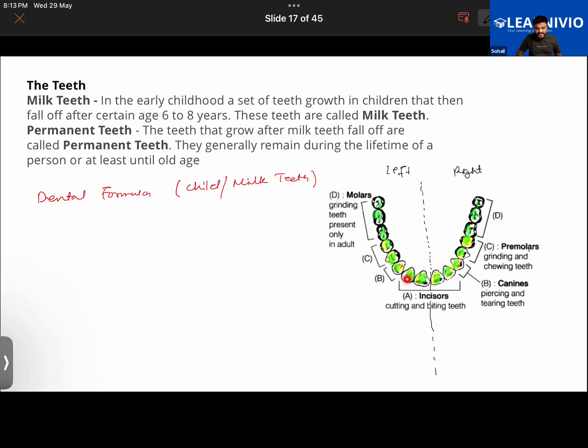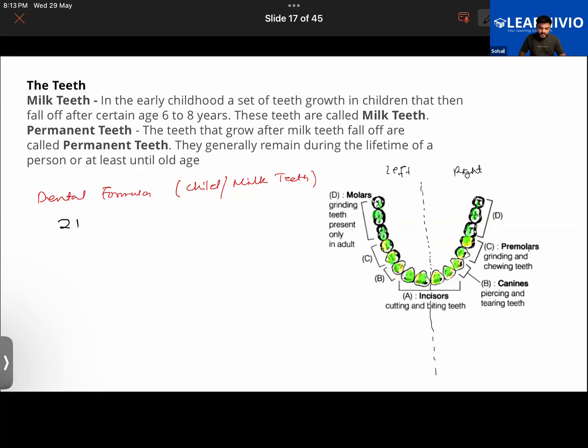So first of all, you guys answer this to me. How many incisors are going to be in the left side in a child? Sir, 2. It's 2 now. I'm talking about incisors only, not teeth in general. Then talking about the canines, how many still? It's 1 now. Okay, sir, 1, 2, and then 1, right?